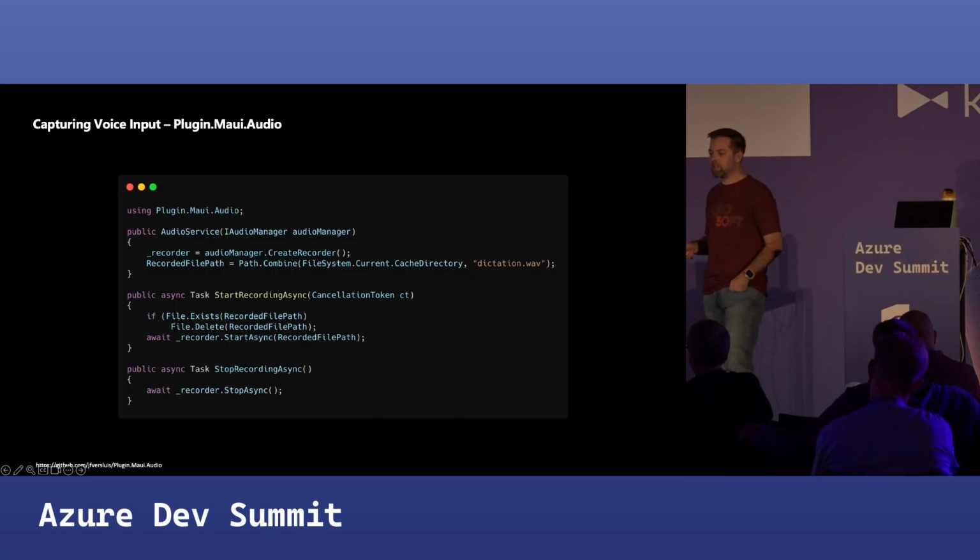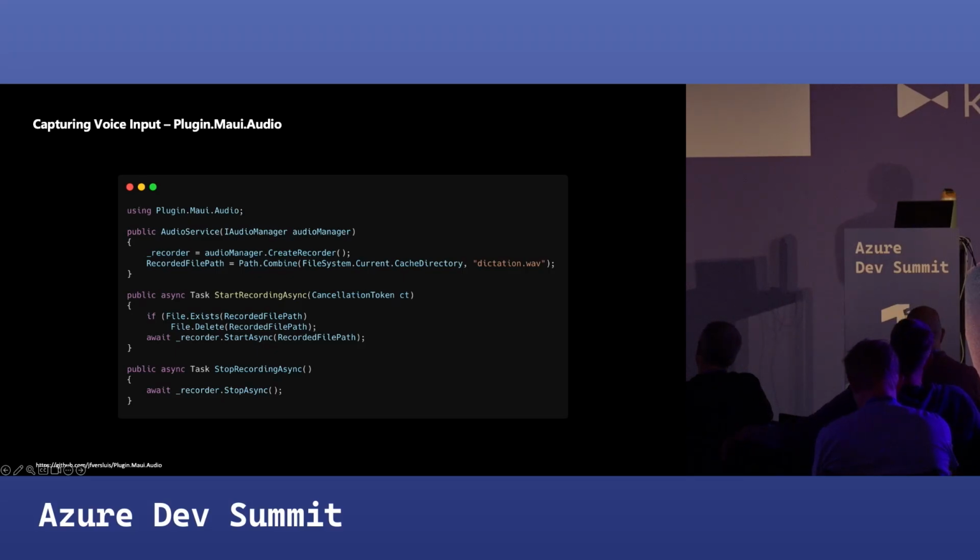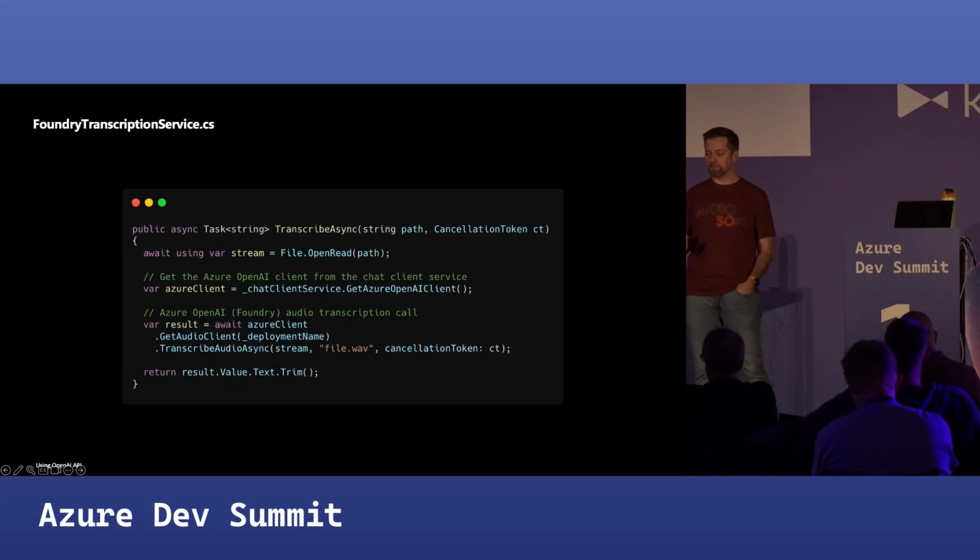In order to do voice capture and input, again, it's the Plugin.Maui.Audio extension. You establish an audio manager. That audio manager gets registered in your builder pattern in the MAUI Program.cs. That gets injected into whatever class. In this case, it's an audio service class. And then I'm going to instantiate the recorder. I'm going to create, you know, where do I want this file to be saved? Because it generally needs to write to a file for speed. And then I can start recording. Once I've got that recording, I can stop it. And now I have an audio file that I can do something with. Not that much code, right? Super easy.